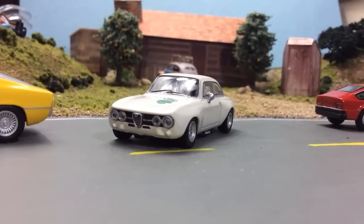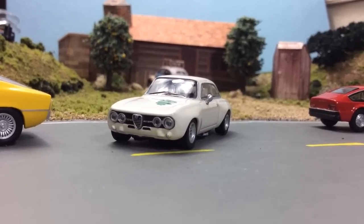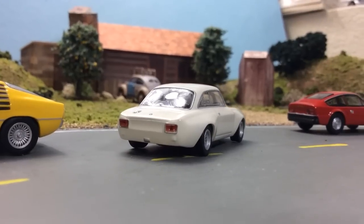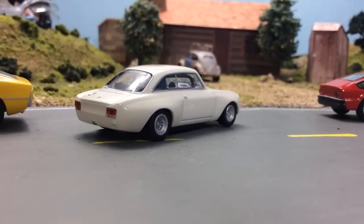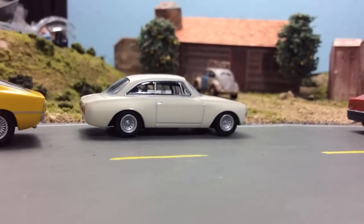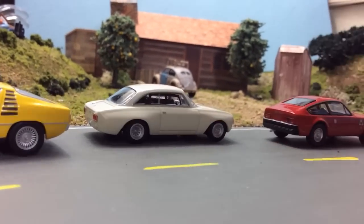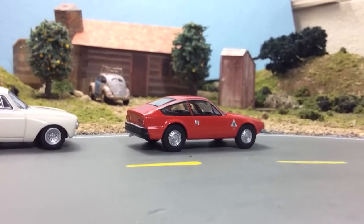It's another car with very sexy European lines. All Kyosho cars have lensed headlights and taillights, the absolute vast majority of them. All are properly proportioned and stanced, as is the case with this. Just a gorgeous casting. And then my least favorite of the Alfa, at least of these 3, would be this